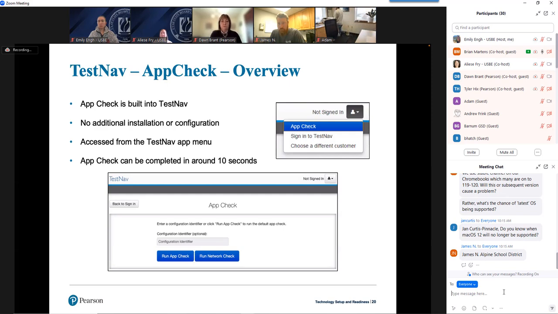You don't have to do this on every student device. I would just do this on a cross-section of the types of devices that you're running, so each operating system, maybe each hardware platform. I would just run this on a handful of devices just to flush out any obvious issues, so that we have time to work with you and get them fixed.